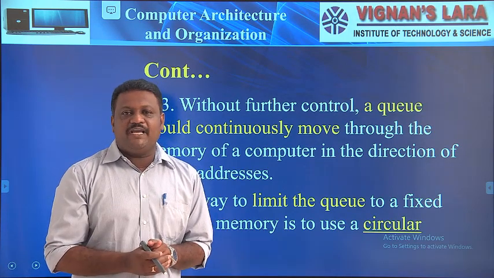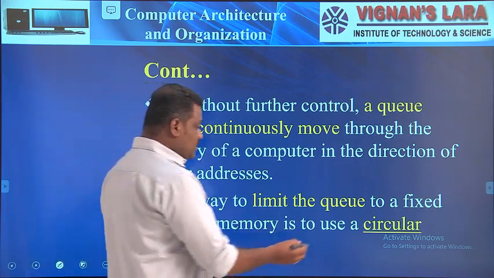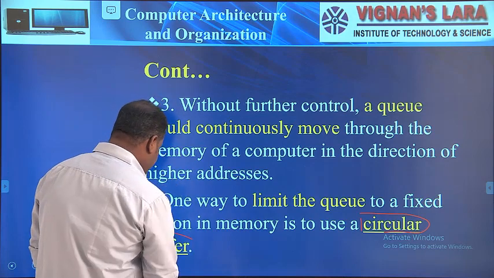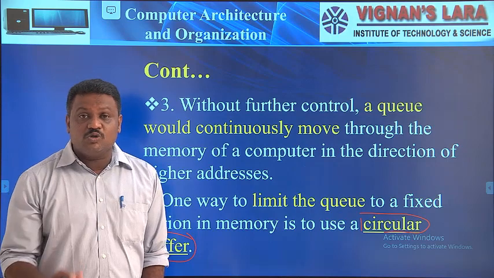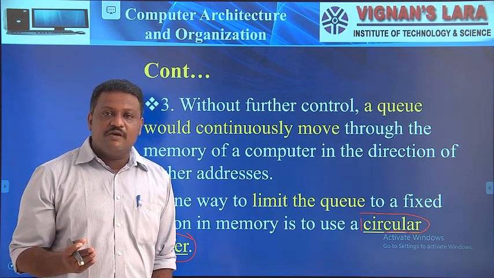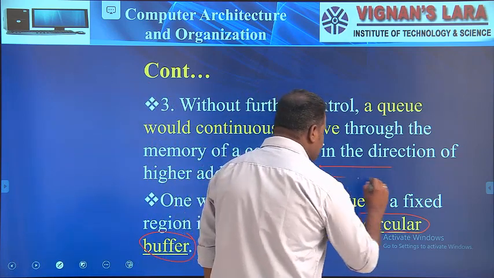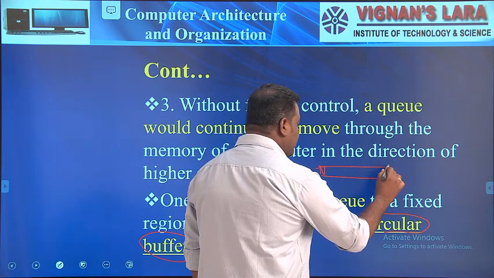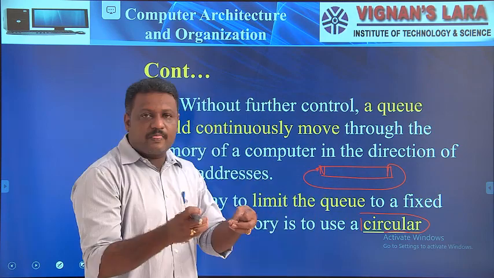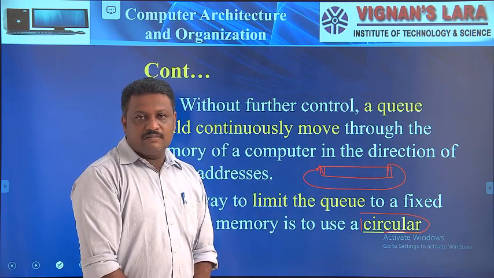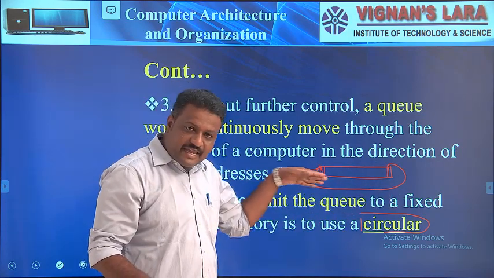To overcome this, we took the help of a circular buffer. That's what we can use, the concept of a circular buffer. By using this, we limit the queue. In order to limit the queue, we follow a circular buffer. That means you can assume this is a queue, this is a starting point, and this is an ending point. In a circular buffer scheme, the ending point links back to the starting point. So once you reach the last position, if I add any new element, it happens only at the beginning.